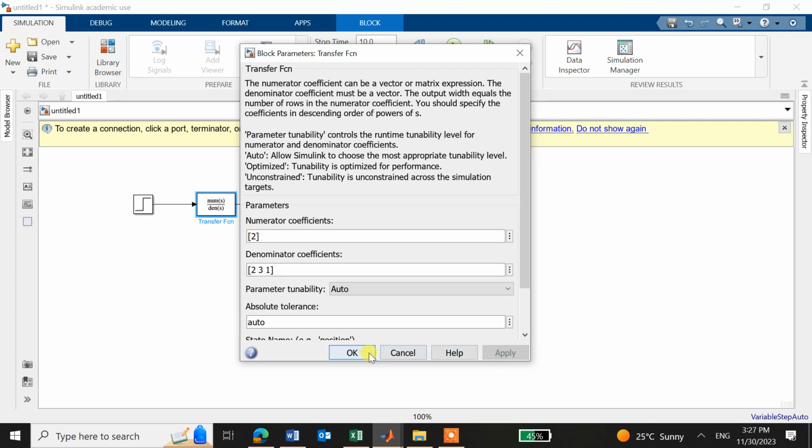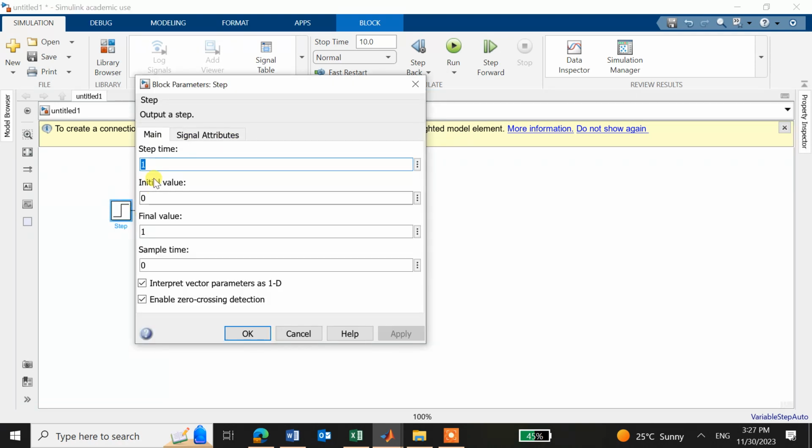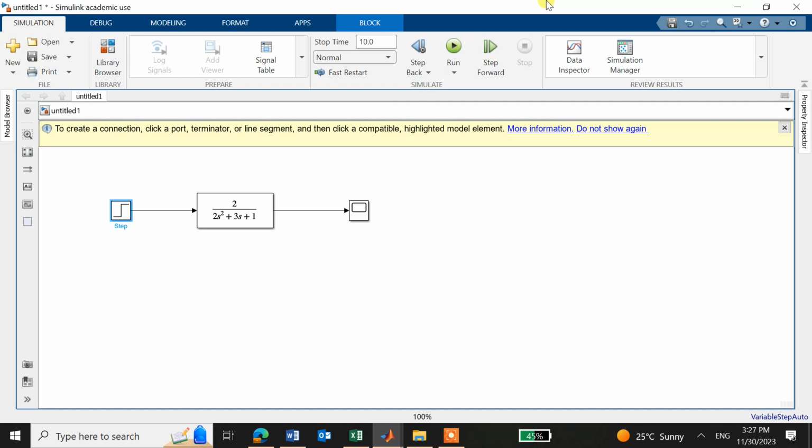Okay, so now that's it, and make it big. So this is open loop, no control, right? We are not measuring, there's no controller, so this is open loop. For the step change, we can have step time at 0, and from 0 to 1, or 0 to 2, whatever we can do. So if we run this one,